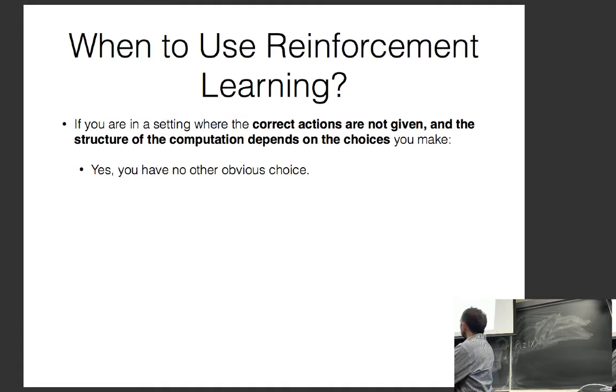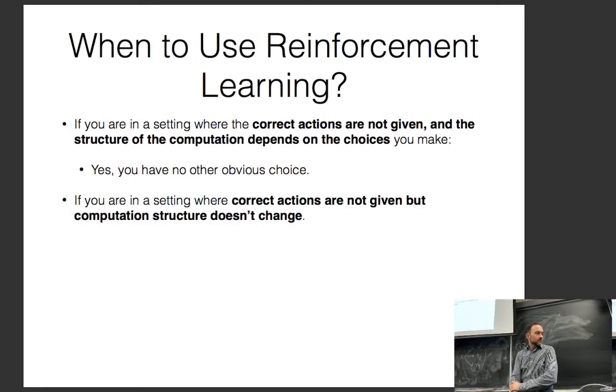If this is the case, then reinforcement learning, yes, is a very good option. In fact, it's probably the only option that you have. So in the dialogue system scenario that I talked about before, there's no other way to solve this than reinforcement learning. If you're in a setting where correct actions are not given, but the computation structure doesn't change, in other words, let's say we have a